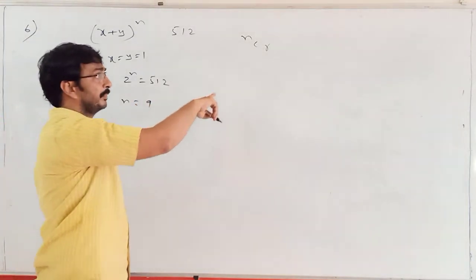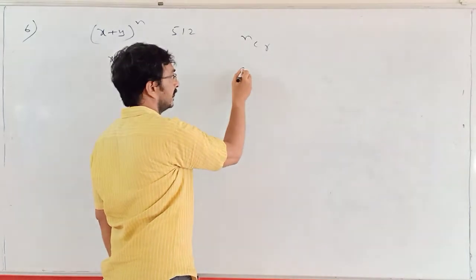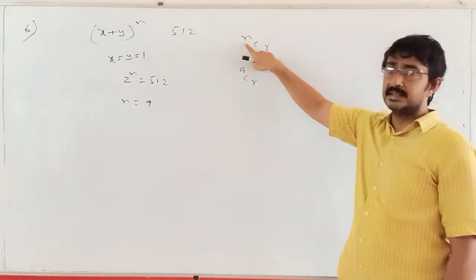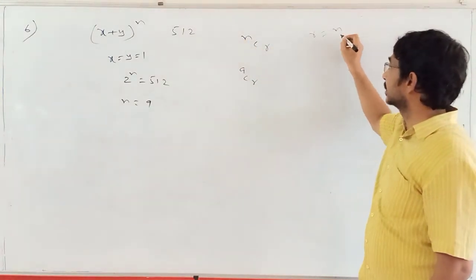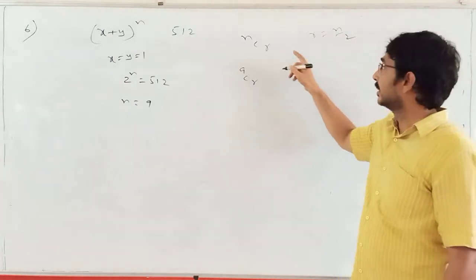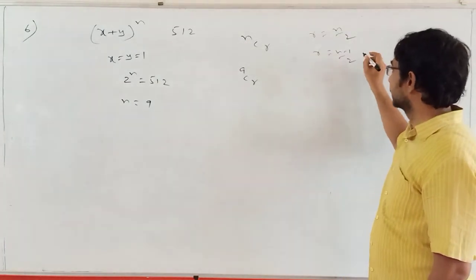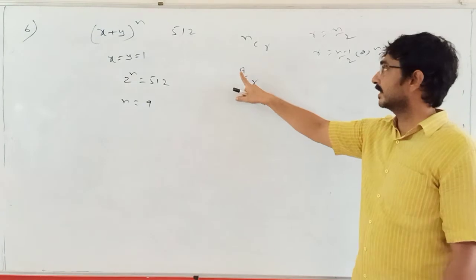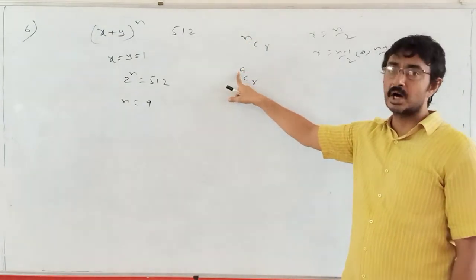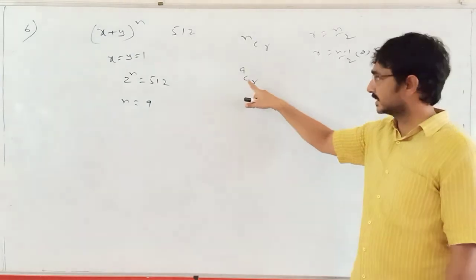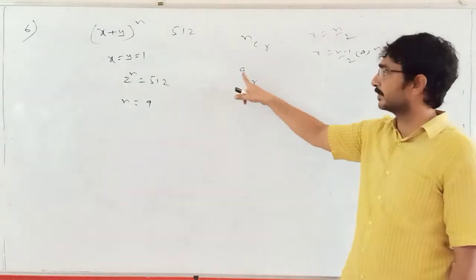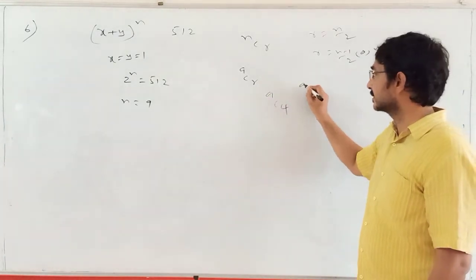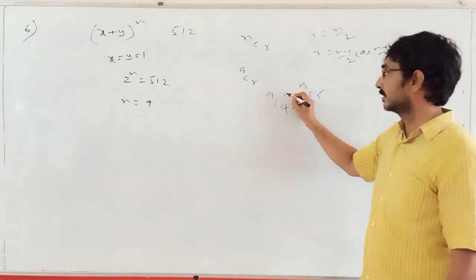Now required is the maximum value of nCr, which means 9Cr. See, nCr has maximum value at r equal to n/2 when n is even, and at r equal to (n-1)/2 or (n+1)/2 when n is odd. So here in the place of n, 9 is odd. Therefore the value is maximum when r equal to (9-1)/2 or (9+1)/2. So the maximum value of 9Cr is 9C4 or 9C5. Both are equal.